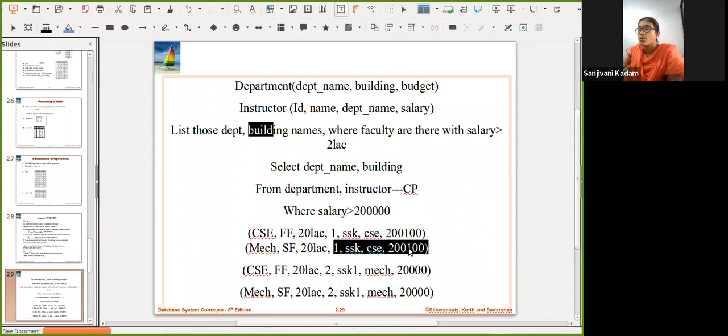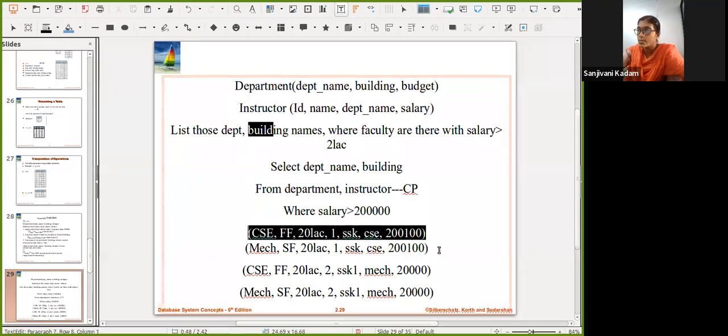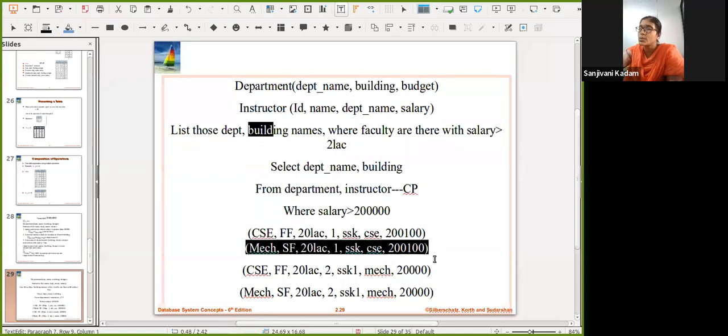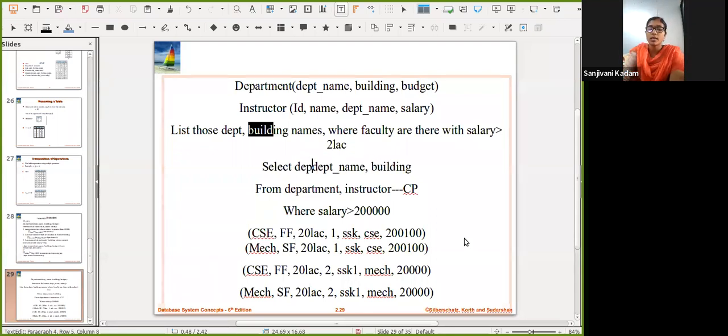So at this point, whenever we are checking for this condition in the Cartesian product, this tuple will also satisfy the condition and this tuple will also satisfy the condition. It means that here I am going for the department name and building name. Building name is a unique column name, that's why I can differentiate it. This is from the department. So we have to decide from where we should take this department name, either from the instructor or from the department relation. Let us take that we have taken this name from the